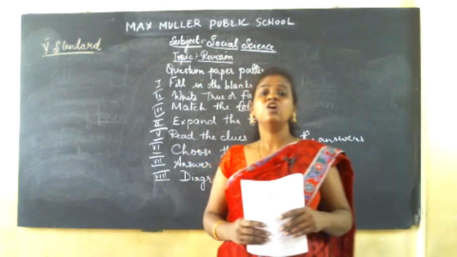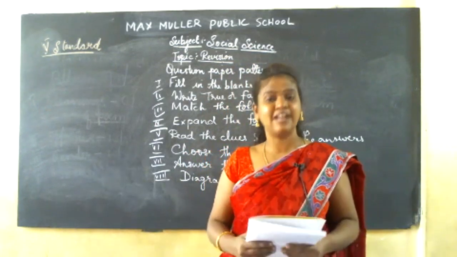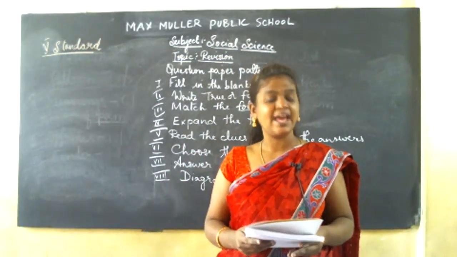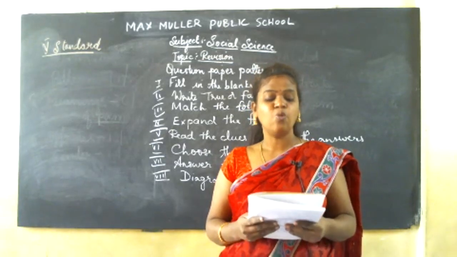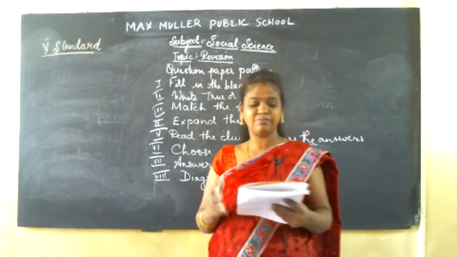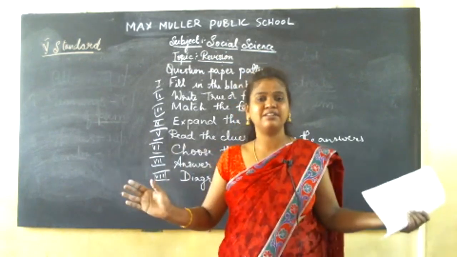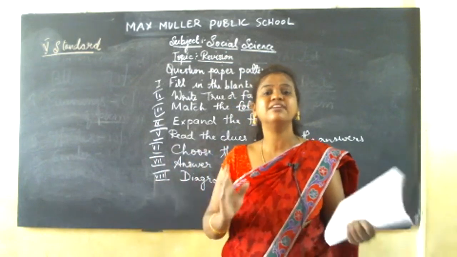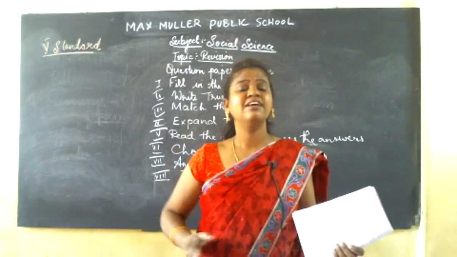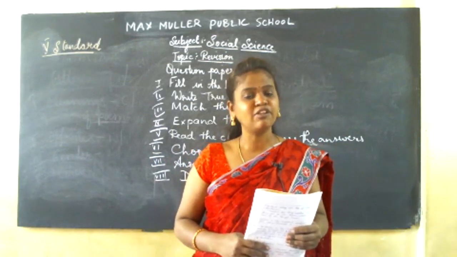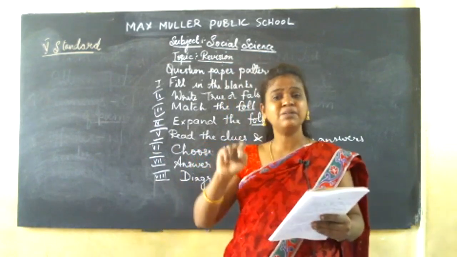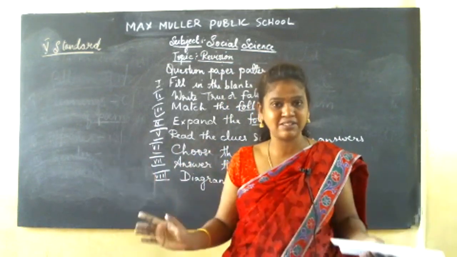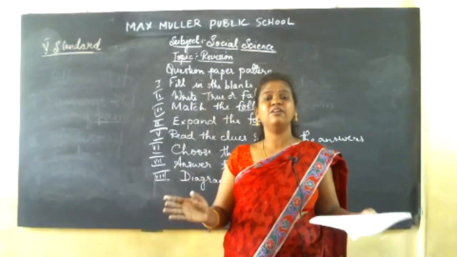So you all know that continents are the large land masses that cover 29% of the Earth's surface and are usually separated by water. So what is the meaning here? It is large land masses. Large land masses means, you all know that the Earth is covered by 29% of land and 72% of water. So here the 29% of Earth is covered by land or land masses. It is large land masses which are separated by water bodies.